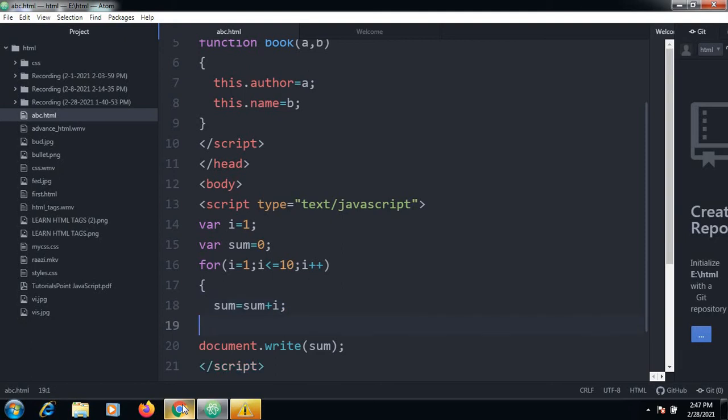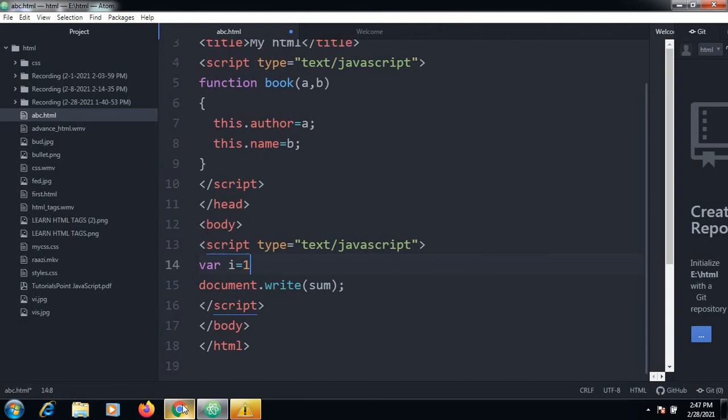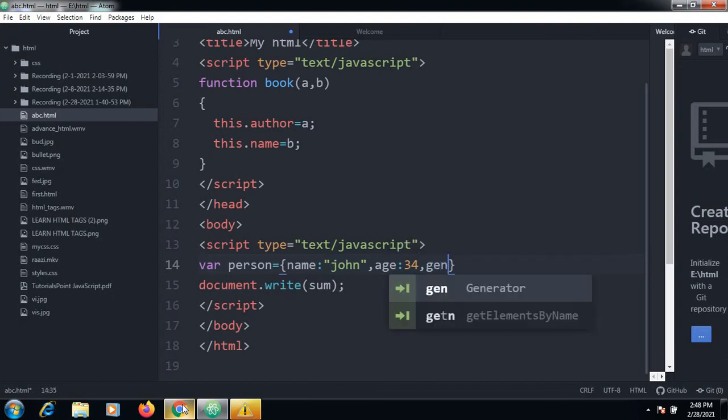And one more thing we can do, the for in loop is also available when the object has more than one property and we try to display that. For example, I'll take person. The person is having some name as an attribute. So the name of the person I will give as John, and the age of the person I will take as 44. And one more thing, I'll take gender. So here take it as male. Three different attributes are there.